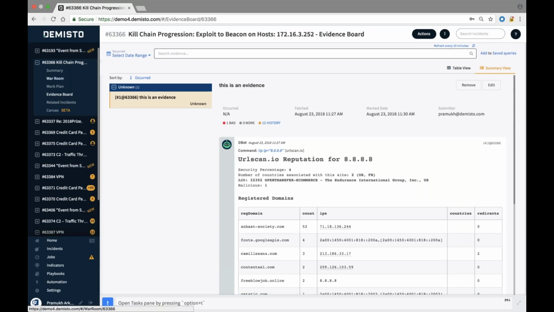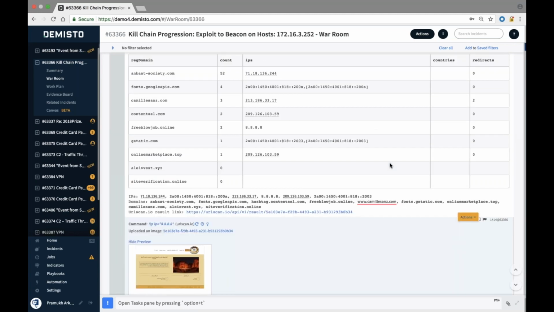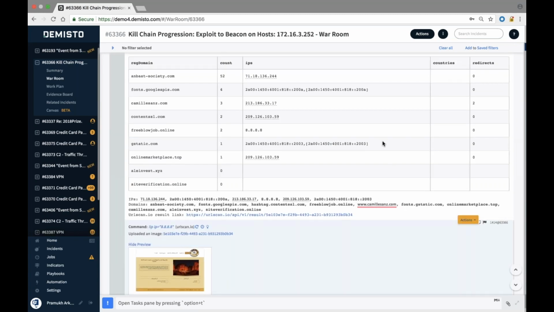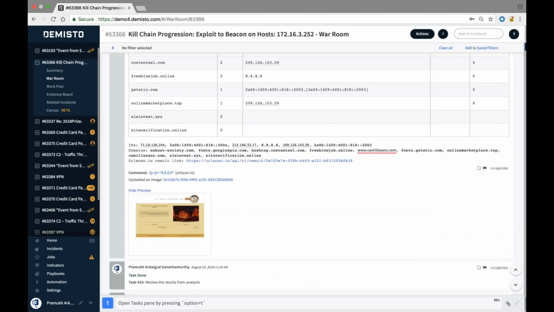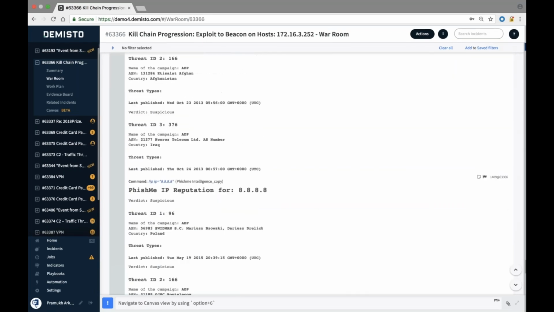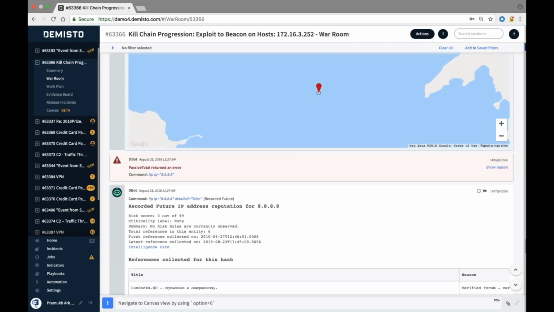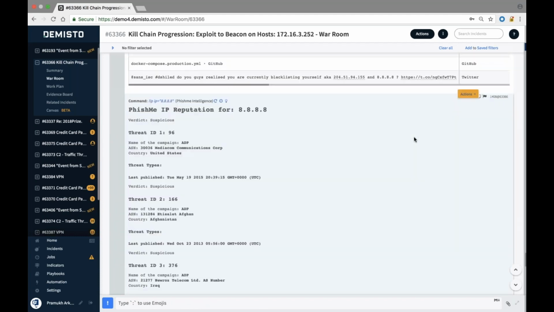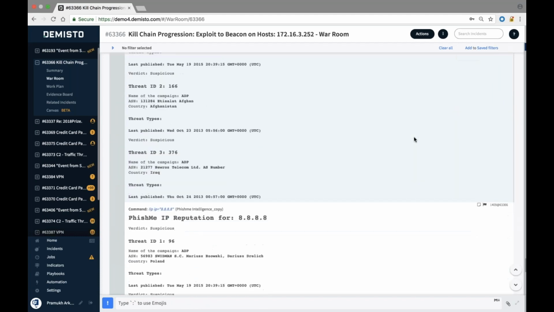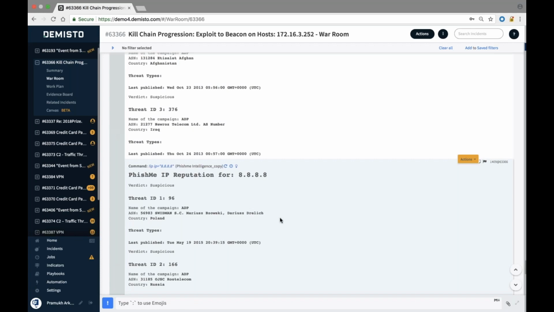A thing that I forgot to mention in the war room itself is, if you see, there are red underlines, and then you have also that reputation located right here. Suspicious, none, and 16 history. So all this is coming from the DBOT, which is Demisto's machine learning algorithm running in the background. So the algorithm quickly checks for all the indicators and their reputation, and it represents right here in the war